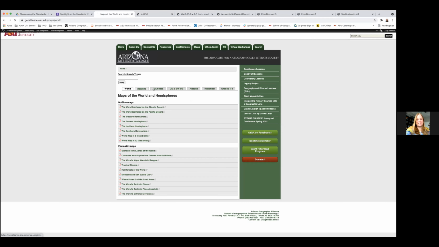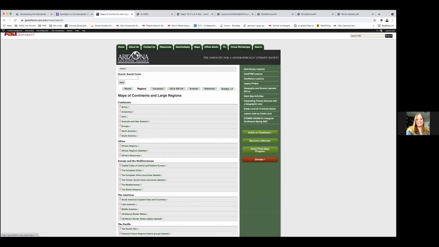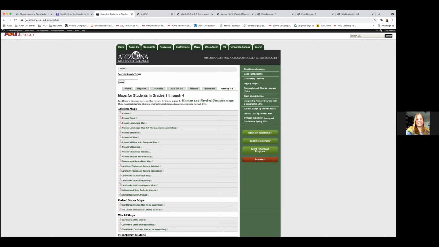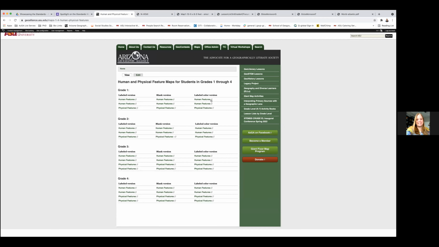It's a PDF of that map that shows you those different aspects, but you can go by regions. And then because you are the little kids, and I bless you for teaching those little kids, I taught high school. These are grades 1 through 4, and you can actually click on this, which is those human and physical features. So if you go back to that one lesson I talked about, looking at the human and physical features, these are all different aspects. So maybe I want to look at, I'm going to do a black version here.